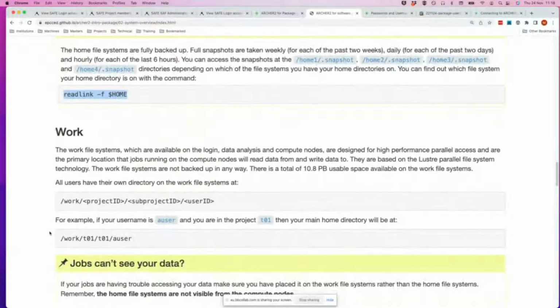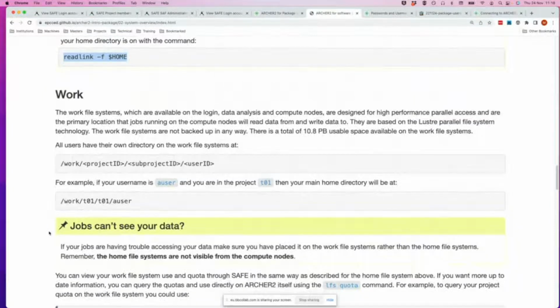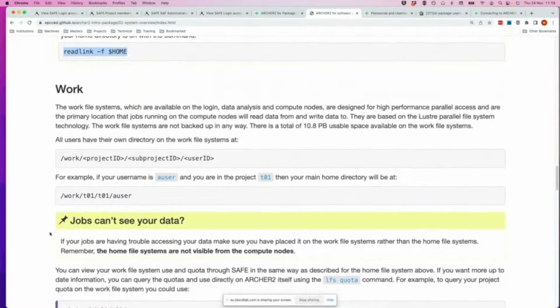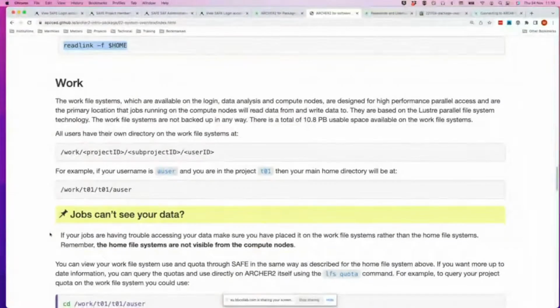So the work file system is designed for high performance parallel access, and that's the primary location that jobs running on the compute nodes will read data from and write data to. They could also use the solid state drive, potentially, later on when that is more integrated into Archer 2, and it'll be available as standard. So it's based on the Lustre parallel file system technology, and what that kind of means is that